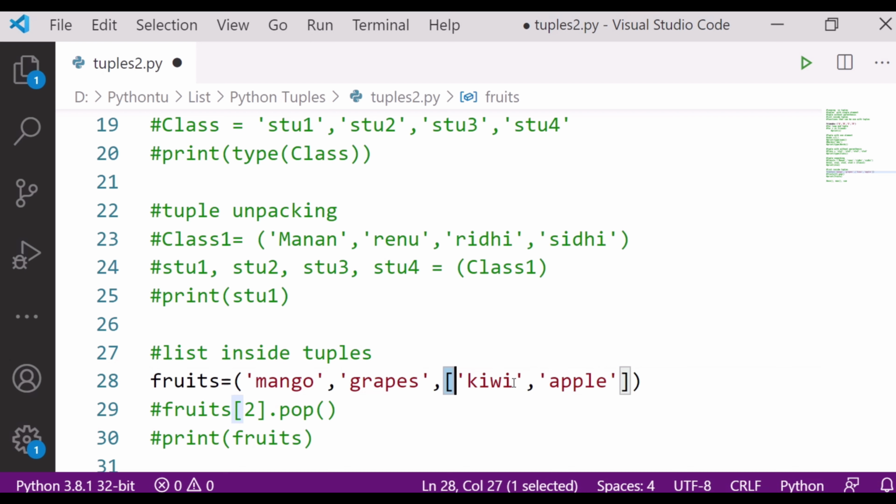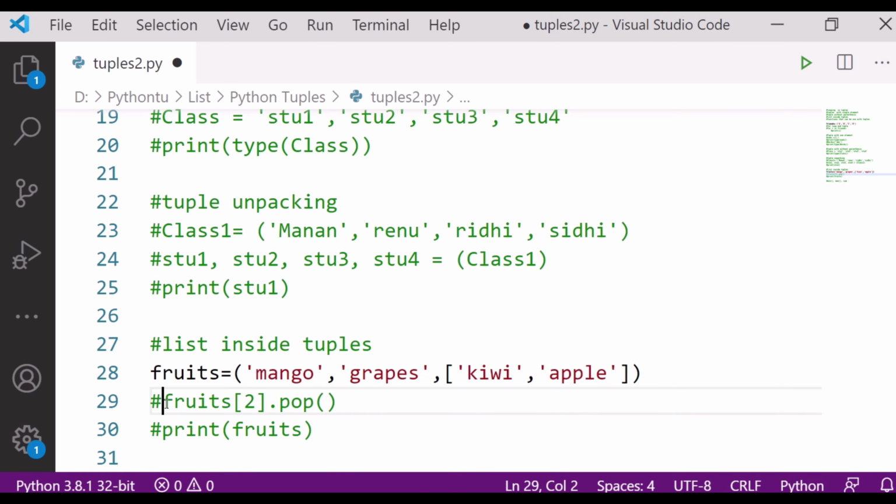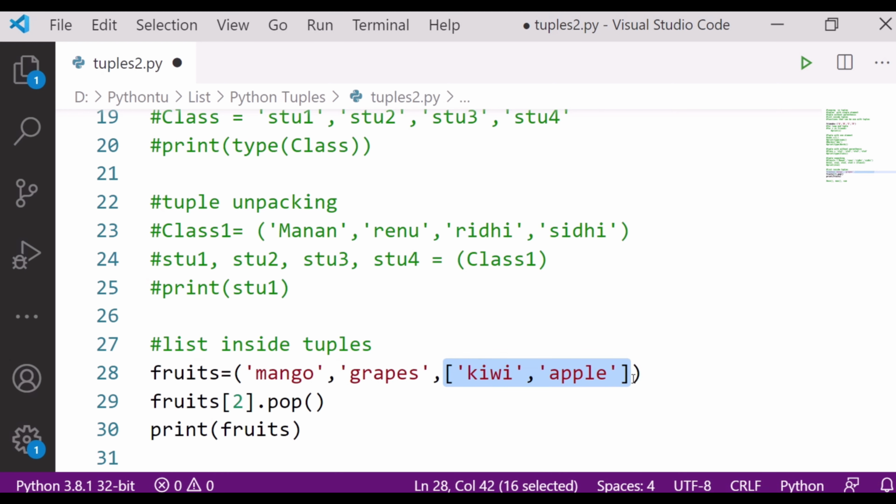This is the 0th index, this is 1 and this is second. If I want to pop from it, take care, because I am using the list, I have to remove it from the list.